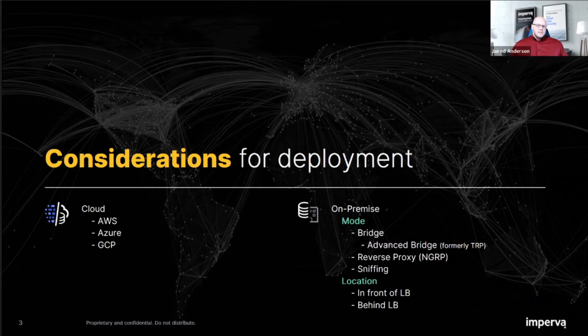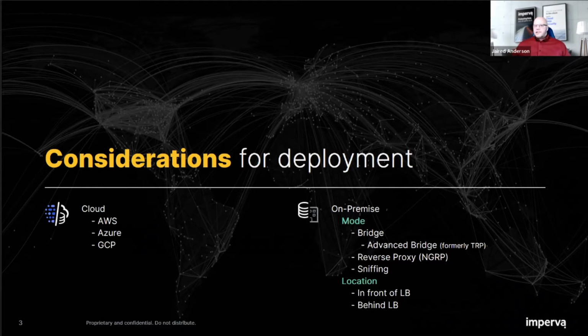The next mode is reverse proxy. You may know this by the term KRP, or kernel reverse proxy, which is how it was named previously. This was also updated and renamed in the newer versions. It's now referred to as NGRP, or next generation reverse proxy. The reason it's called next generation is because there were some changes made under the hood, and now it supports a much wider array of ciphers than KRP did.